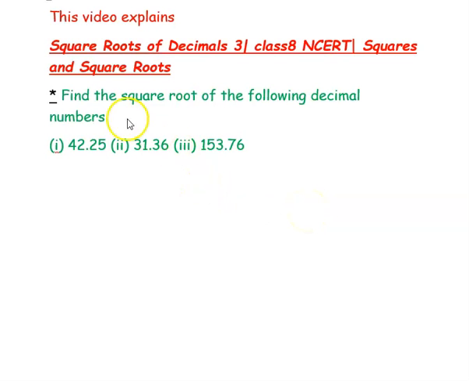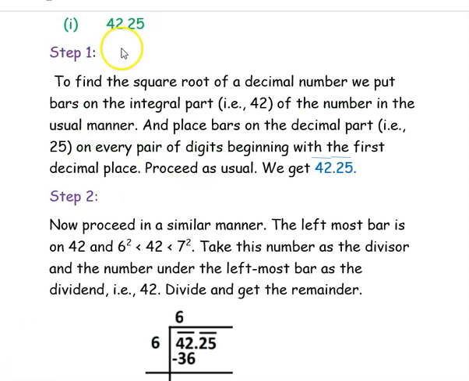In this video, we are going to see a few examples on how to find the square root of the following decimal numbers. The first decimal number given is 42.25. So, step 1. We know that to find the square root of a decimal number, we put bars on